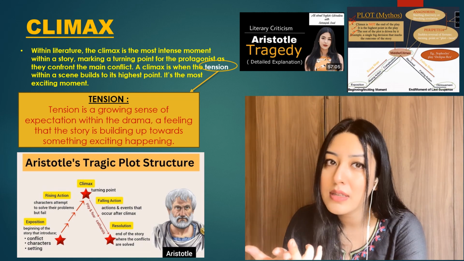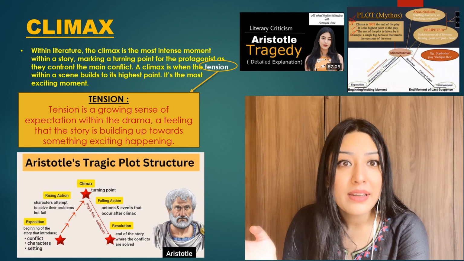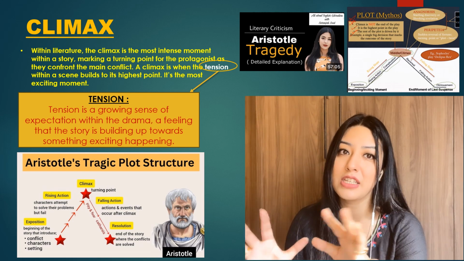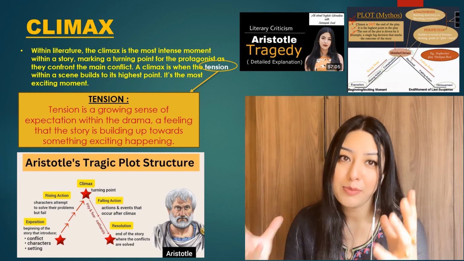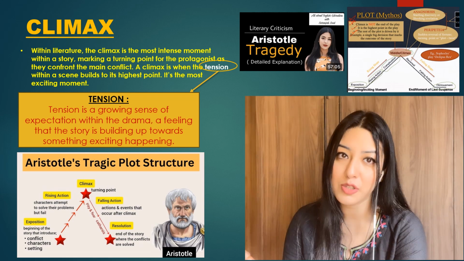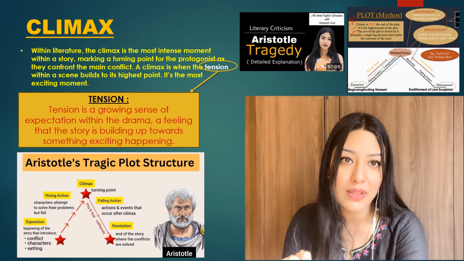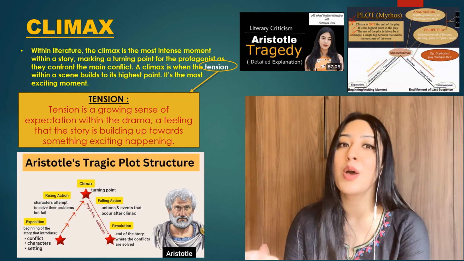I'm not going to dive deeper than this. Peripeteia, anagnorisis, catharsis, denouement, I've talked about all of these: character versus action, the 6 elements of tragedy, Aristotle's concept of tragedy, and Aristotle's tragic plot structure, in detail in my Aristotle videos. So if you haven't watched them, please do. And in general, if you talk about the concept of climax, this is what it actually means.